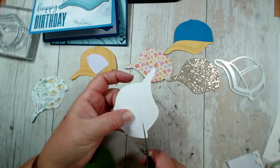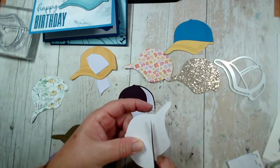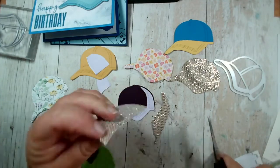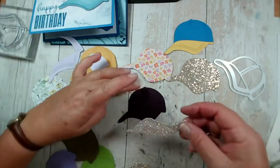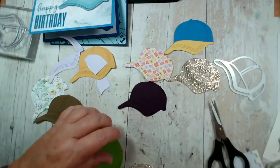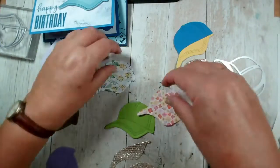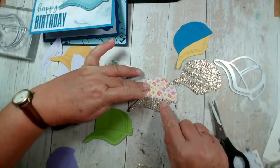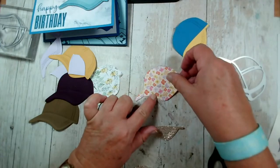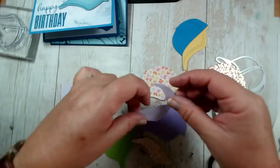So I'm going to cut this across the back here. You definitely can't see the stitching on the metallic side, that's for sure. That'd be quite fun, wouldn't it? On any of these. Probably a bit much on this one. Okay. I can't decide. I quite like that on its own, but I can't quite decide if I need something with it like that,